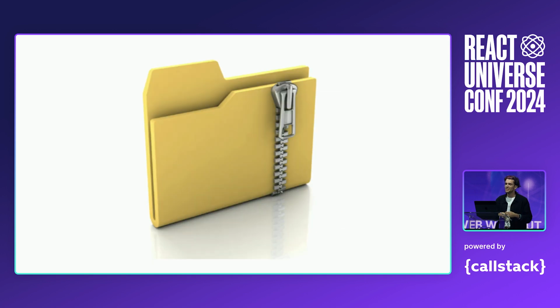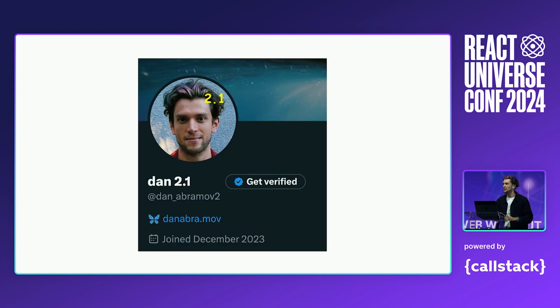The European Union says that you should be able to vote with your feet, you should be able to take your data with you. There's a law that says that websites should offer to export data. And actually, I had to do this once because this is my second Twitter account. I used to have Dan Abramov, and then that account just got shadow banned. I didn't think shadow banning was a real thing. It turns out that it is.